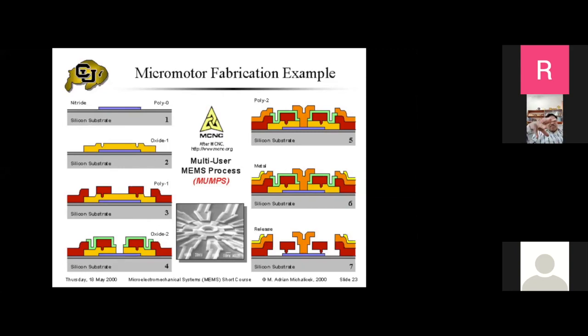So the voltages are applied to all. There are a lot of electrodes which are not shown here. You can apply voltages successively to different parts of this motor so that it moves. But here I emphasize how it can be fabricated, how a sophisticated device like a motor can be fabricated. Okay, let us go to the next slide.